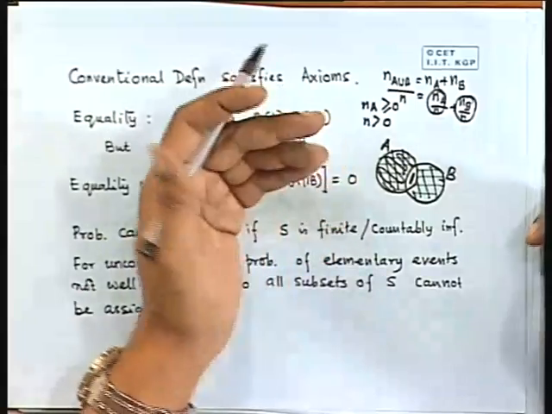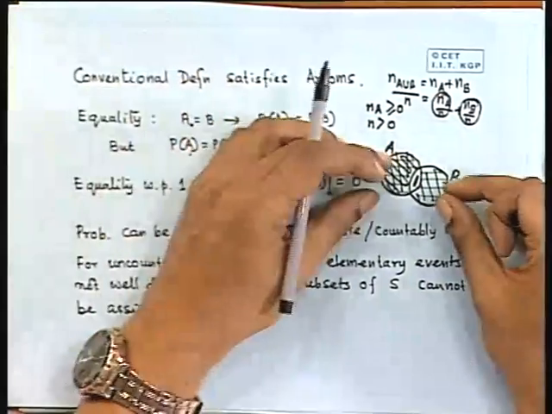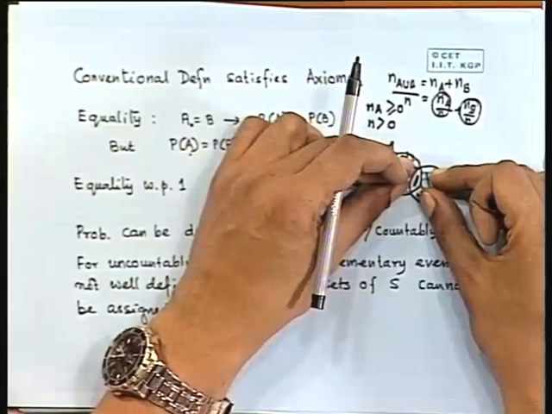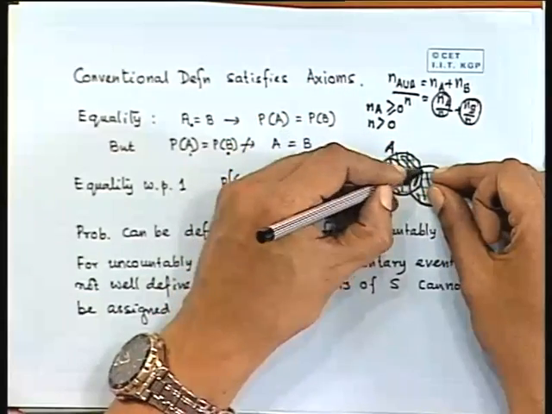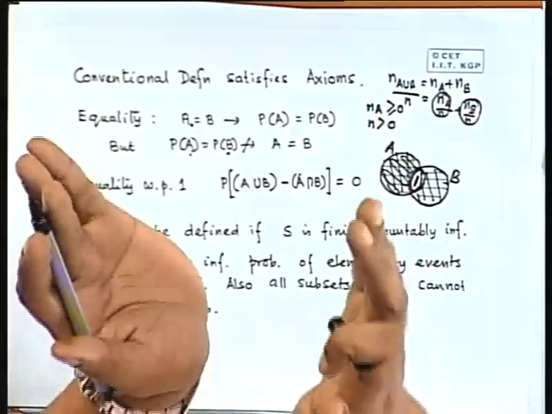Now, if the probability of these events is 0, it means that these elements where the set A and B actually differ from each other do not occur. They have probability 0. So only this part occurs, which is common to A and B. So as far as the probabilistic condition is concerned, A and B sets are equal. So it is equal with probability 1. It is equal in the sense of probability. They are not equal as such. Right?